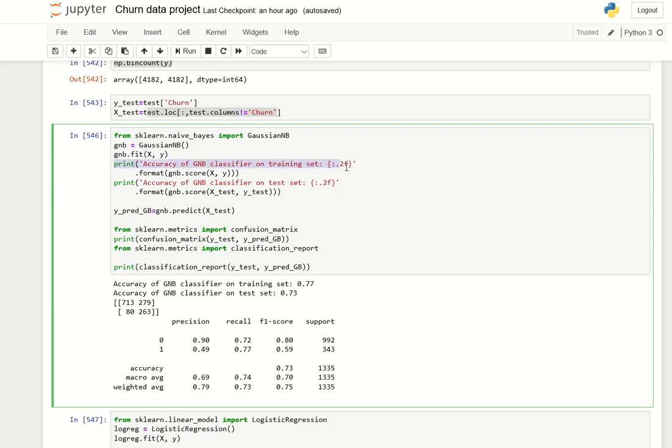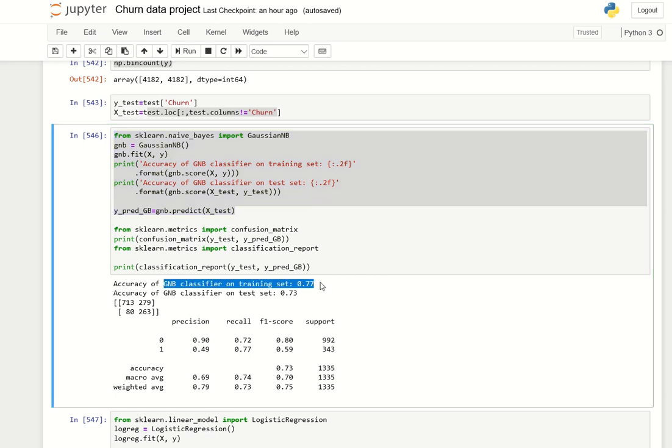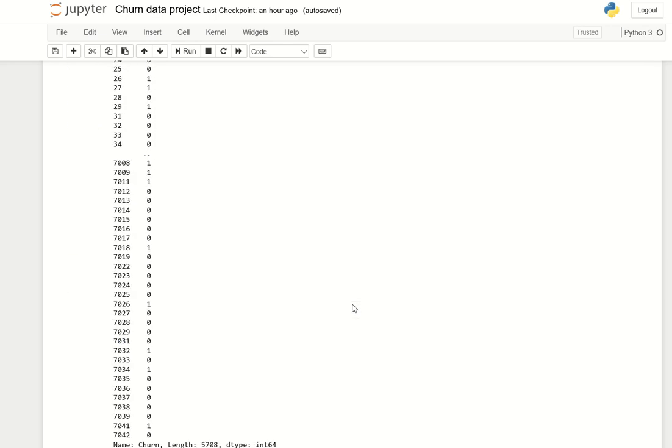Then I am printing the accuracy of my model on the training set and then on the testing set. Then I'm predicting the value on my test data set, I'm sorry. Okay, let's talk about this much only. So here you can see the accuracy of my classifier on the training set is 77%, and accuracy on my test data set is 73%. But this accuracy is not going to help much, because if you look at the data set itself,